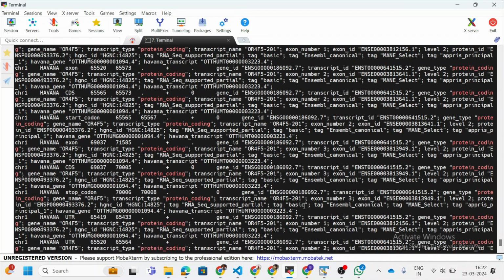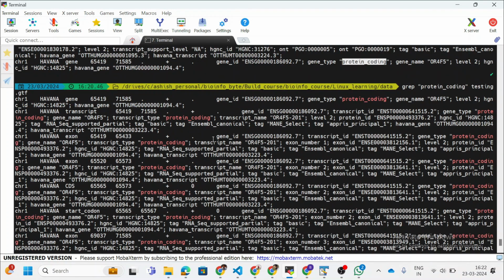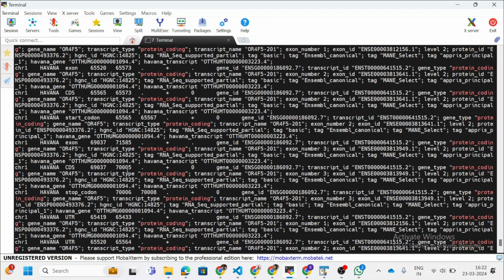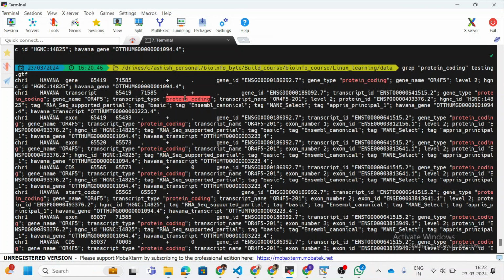So initially we have, for example, 30 to 40 rows, but now we are getting 10 to 12 rows which match, because we have the information for protein coding.